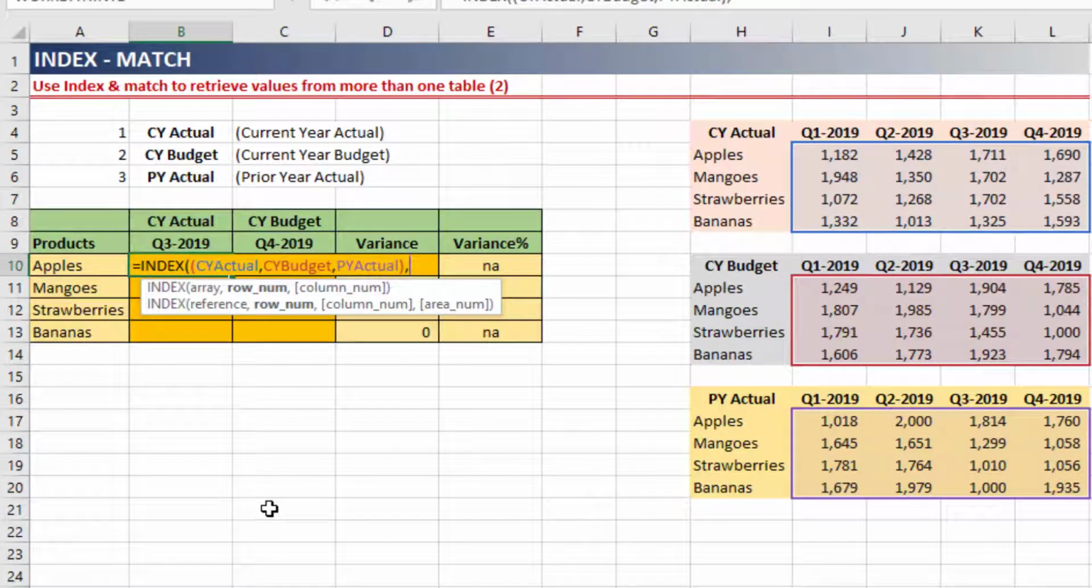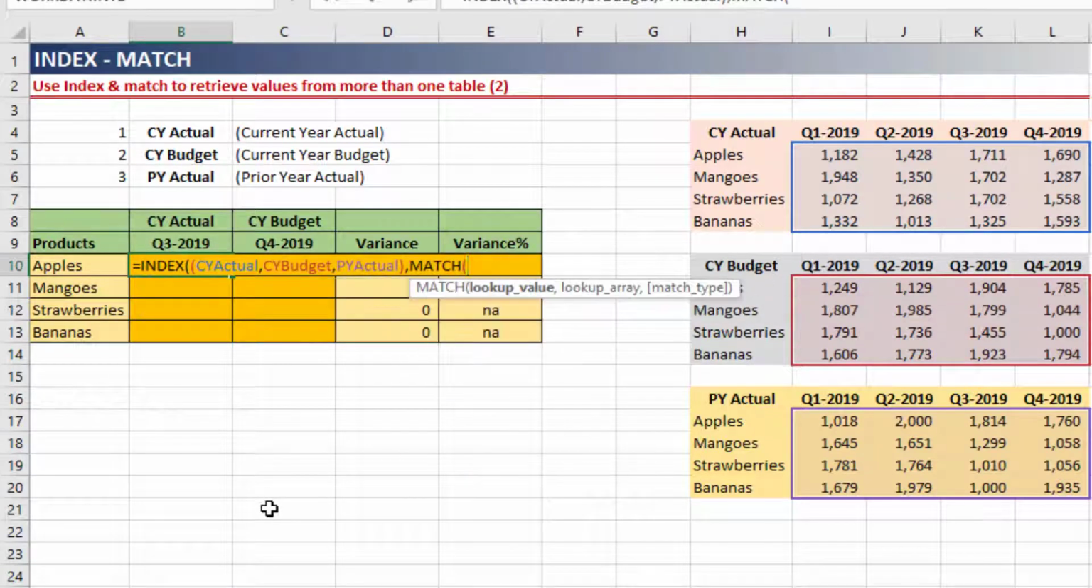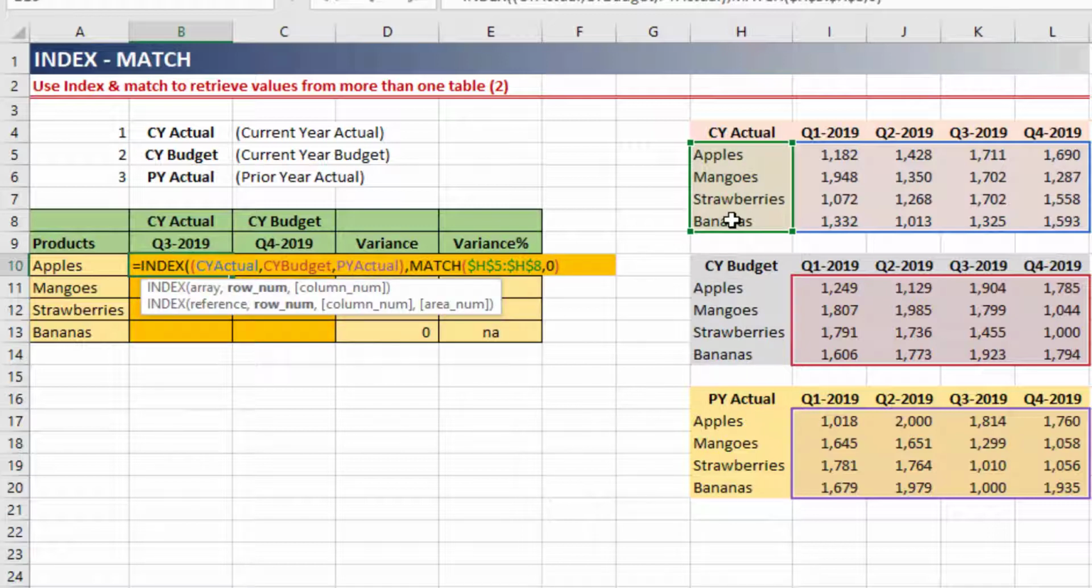I will provide the row number by using a MATCH formula. I will look up apples, and since the range of cells has to be identical, these names, I can look up the product name anywhere in any of the ranges. I will lock it by pressing the F4 key, and I will use 0 for exact match. So this refers to my row number, and for column numbers I can